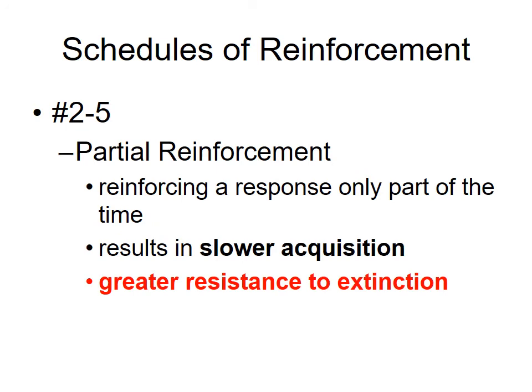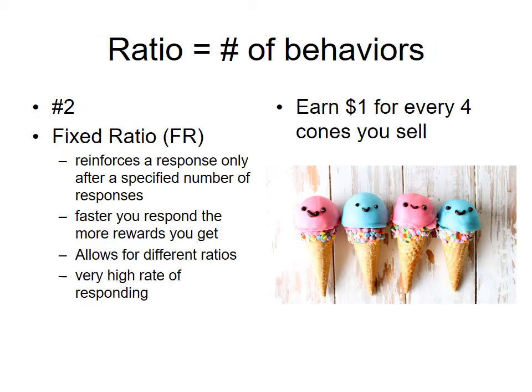The next 4 types of reinforcement are what we're going to call partial reinforcement schedules, 2, 3, 4, and 5. And these partial reinforcement schedules either reinforce on what we'll call a ratio, which is a number of behavior schedule, or an interval, a time frame schedule. To get the learning to happen, it's a little bit longer, it's a little slower to acquire, but the good thing about partial reinforcement is that even though it may take a little more time to acquire the behavior, the extinction rate of the behaviors is much less. It's much harder to extinguish the behavior. There's more resistance to extinction. So here's number 2. We're going to start with ratio behaviors.